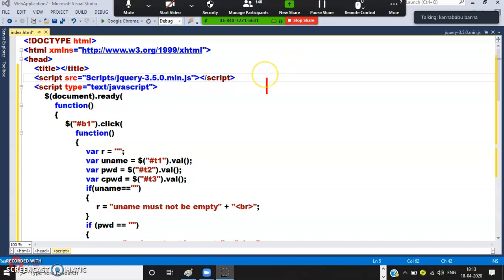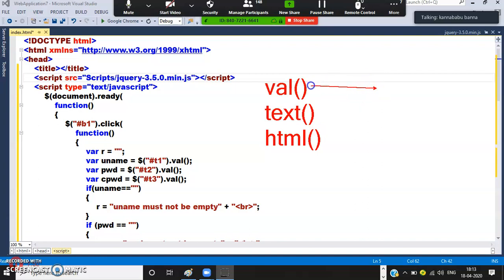We already know there are three functions in jQuery. One is val, another is text, and another is html. If you want to catch the HTML element values from text boxes at runtime, we have to use val. If you want to display the output in a span tag or anything, and if the output is fixed, then you have to use text.